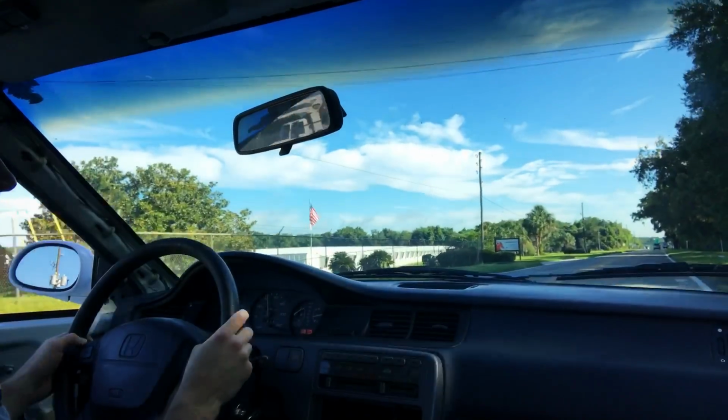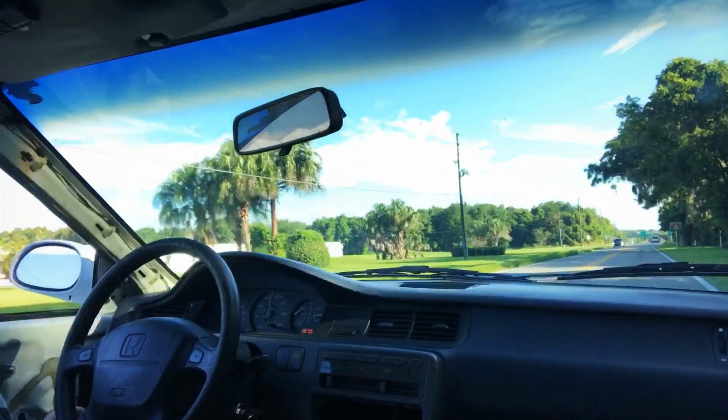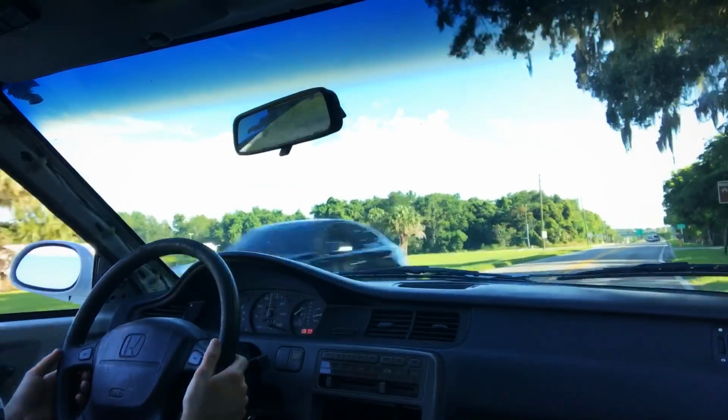Alright, so back from the alignment, and I am happy to report that the car is driving straight. Oh, thank God. I was really worried, man. It was seriously pulling to the left pretty hard last time, you guys. At the end of last episode, when I was bedding in those new Hawk brake pads, every time I was hitting the brakes with some force, it was darting to the left. And so, essentially, I took it in, got it aligned, and the guy was saying that there are parts